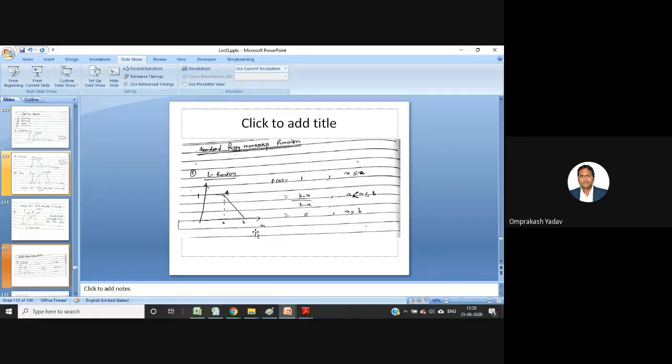So we have already solved this question. The method which I am telling is the direct method, a shortcut. You just have to identify whether the line is increasing or decreasing. If it is a decreasing line, just see the below point and subtract the variable name from it. The variable here is x, so B minus x divided by the range of the line, that is B minus A. This is the second part. And after B, the value is 0. So when x is greater than B, the value is 0. So we have drawn the graph and written the equation. This is the first function, the L function.